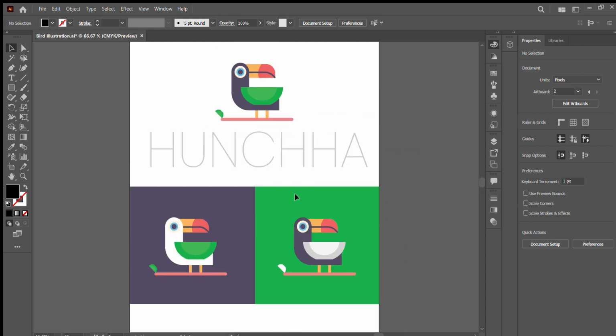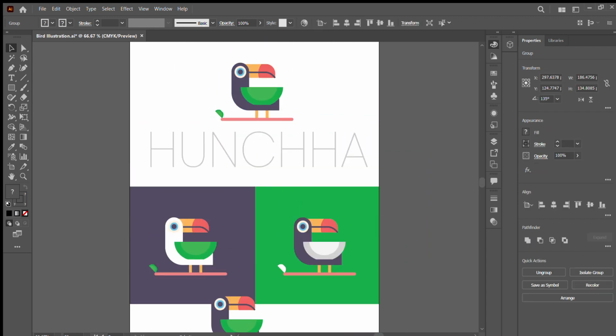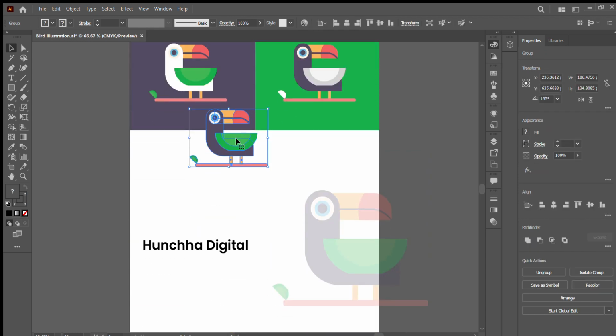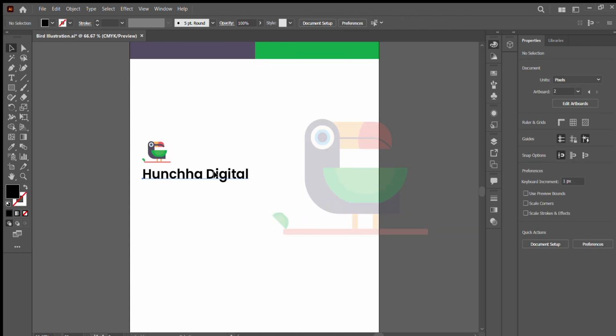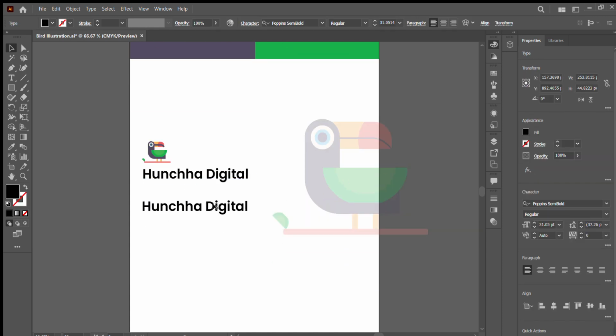Once you are done with this, again copy this by pressing Alt. Let me drag it all the way down here. Let me make a smaller one. Let's keep it over here. Let's press Alt and drag it down, and let's make it